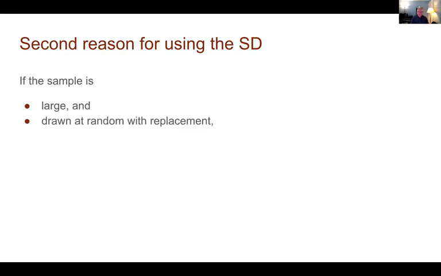Where does it come from, and how do we make use of this? This comes from the central limit theorem, and this is also the second reason why we're going to use the standard deviation for computing variability. What the central limit theorem says is that if we're taking a sample from a population, and that sample is large and drawn at random with replacement, regardless of what the actual distribution of the population is,